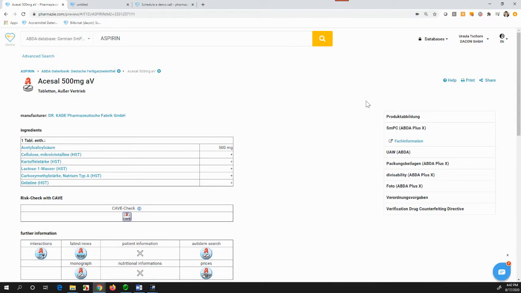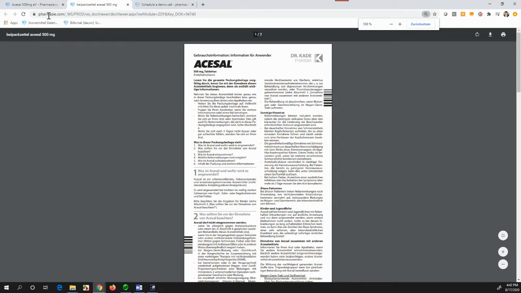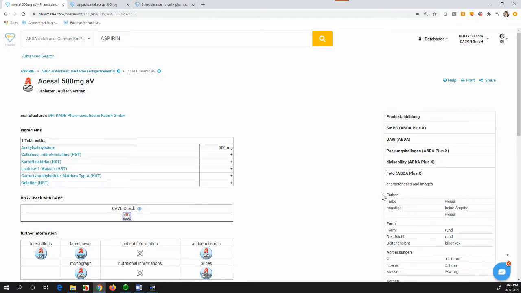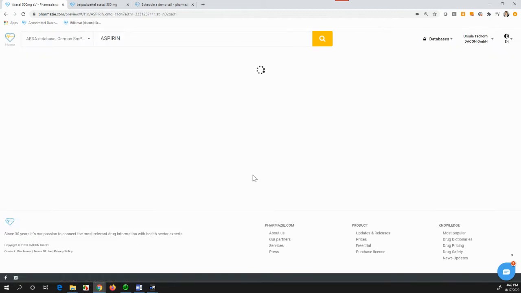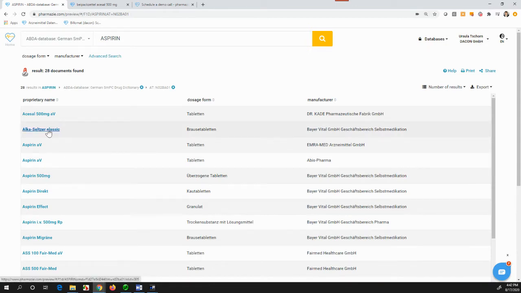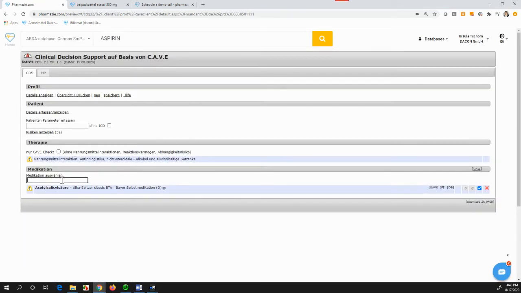You can jump into the SMPC, exactly the same with the leaflets, for example. You also get directly the leaflet of the product, or you have the photos, pictures of the dosage forms. So a very detailed information, and just by clicking on, for example, the ATC code, you have the possibility to search for all the comparable products, and also jump into our interaction checking tool, the clinical decision support, where you may